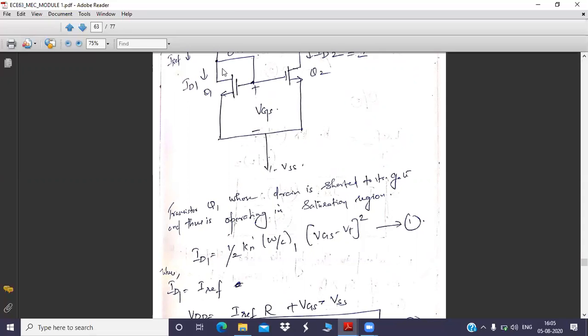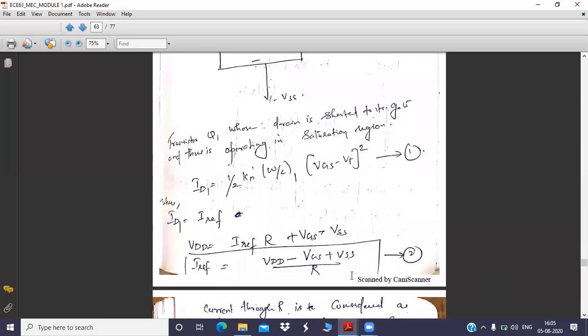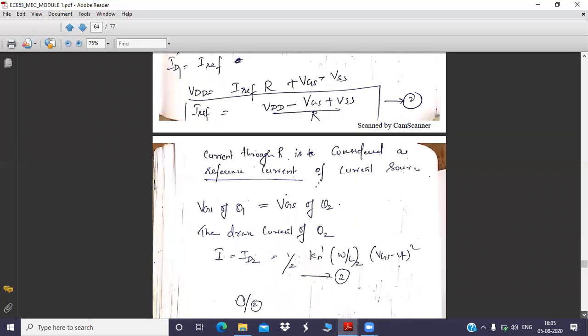So to design the value of I reference, you have to consider this also along with the numerator. Just now I have considered VDD and VGS alone, isn't it? VDD minus VGS by R only. But now I'm telling, since instead of ground I have taken a negative power supply like minus VSS, this potential also needs to be added along with the numerator. So VDD minus VGS minus of minus VSS is plus VSS. That is why it has become plus. So plus VSS, whole divided by R. By using this equation, we have designed IREF. Understood?